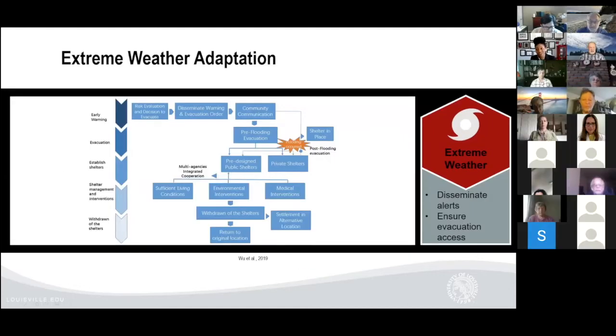So what is the workforce doing to address extreme weather? So ensuring strong evacuation plans, especially in areas that are flood zones. And having these plans, but also ensuring that people are able to access safe evacuations, quite important. Disseminating alerts in advance and making sure that these are received widespread, and ensuring access to evacuation, that there aren't